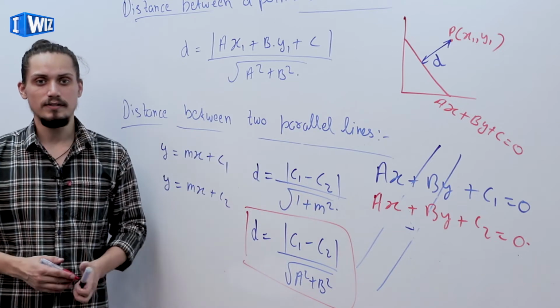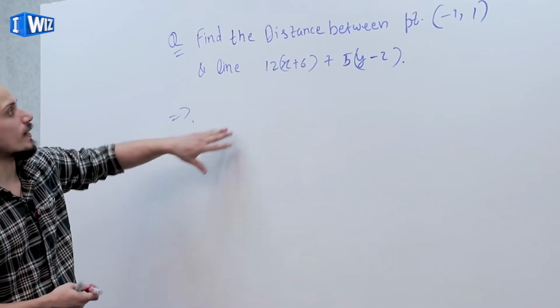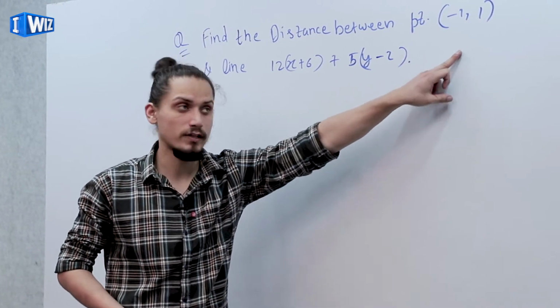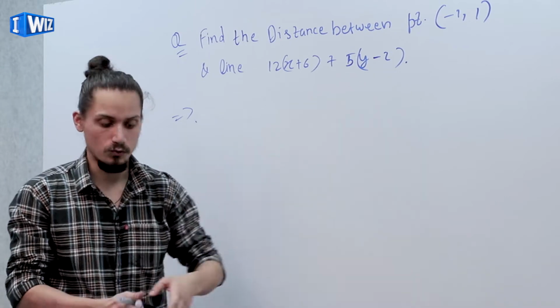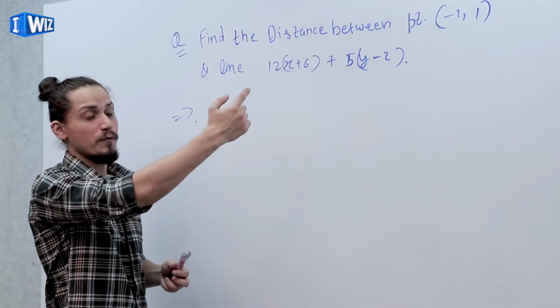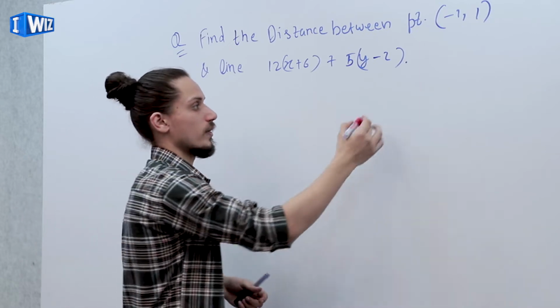Now we know the formula to find distance between a point and a line and distance between two parallel lines. Let's look at some examples. Now the first example is we have to find the distance between the point minus 1, 1 and the line 12 into x plus 6 plus 5 into y minus 2. Okay, तो हमें क्या निकालना है, डिस्टेंस बिटवीन अ पॉइंट एंड अ लाइन।